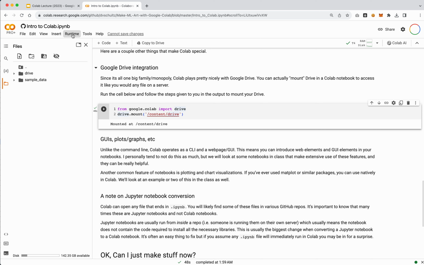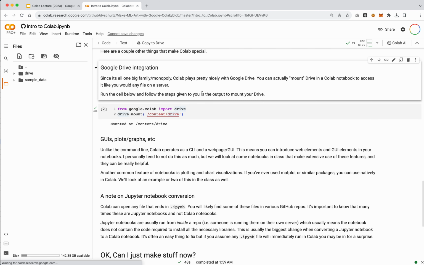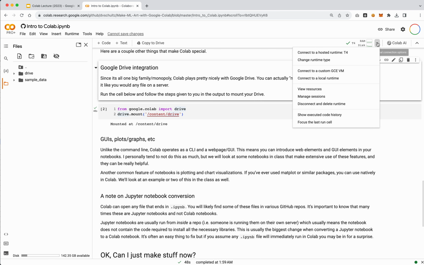So at the end of every notebook session, whenever you know you're finished, there are two different places you can go. One is runtime. You can go to runtime, disconnect, and delete runtime. Or you can come over here and click on the little arrow, and you can also go disconnect and delete runtime. This is very, very important that you do this because if you don't, again, you're going to start burning through credits. And you might wake up one morning and realize, oh, I burned through 100 credits without realizing it because I left my machine running. I'll try to warn you at the end of every notebook session to make sure you turn it off, but in case I forget, make sure you do this.